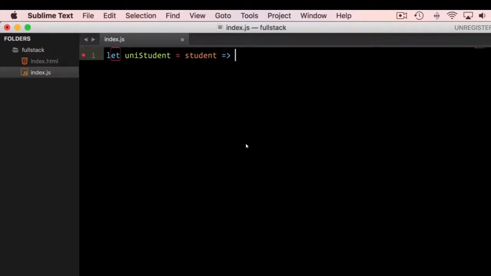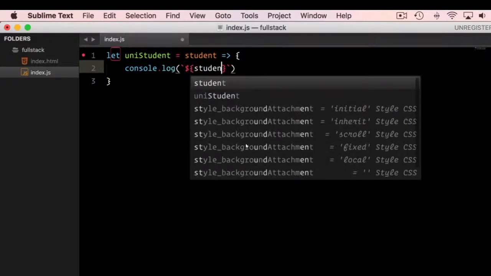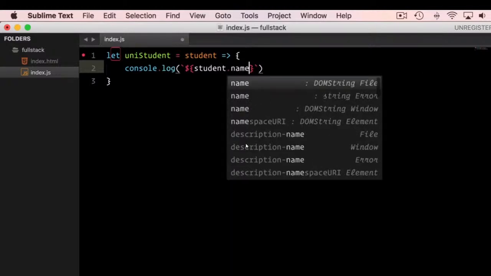Okay, this is an arrow function and it will return, let's console log, and let's build this up. Let's use this template string. Within these two backticks we can use the variables, right? So using the $ sign and curly braces, let's say student.name, because we are expecting an object, so this object will have name property and the university. Okay, so console log student name